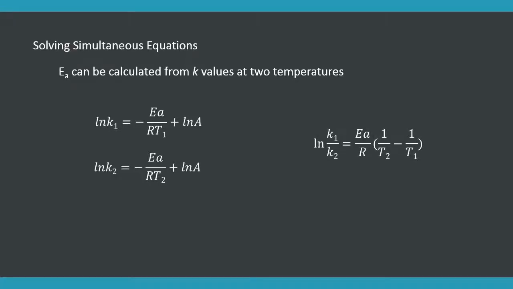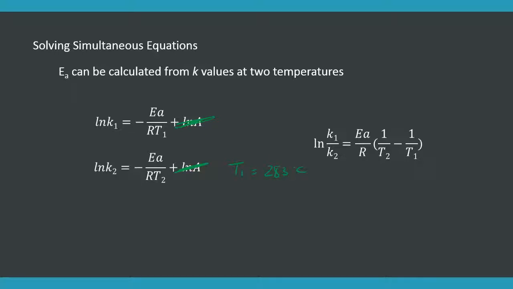So we're going to combine those equations. Look very carefully when you combine the equations. ln of A disappears, and make sure you pay attention that because of the way the divisions work, it's temperature 2 minus temperature 1. So you're going to have that in place. Now, if we have temperature 1 equals